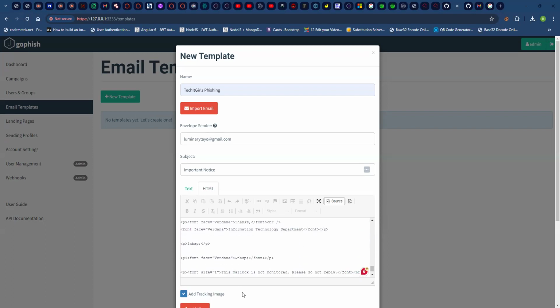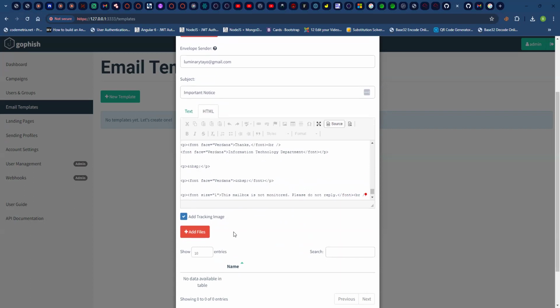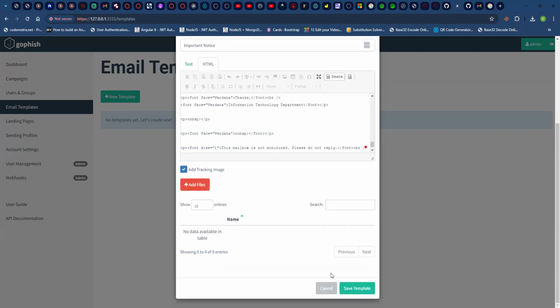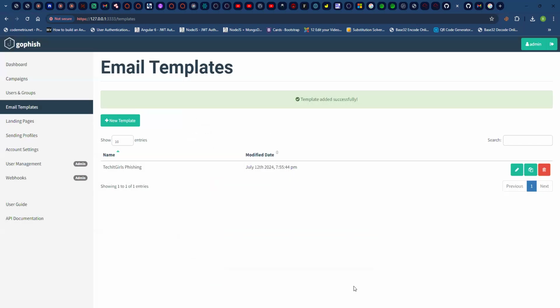Okay, so the good thing is you can also attach files to this mail, right? So let's say you wonder when they send phishing emails and they attach files that maybe there are viruses and stuff like that. You can actually attach files from here as well. So if you have a file you want to attach, you can use the option to attach the file. I'm not going to be adding any files here. I'm just going to click on Save Templates.